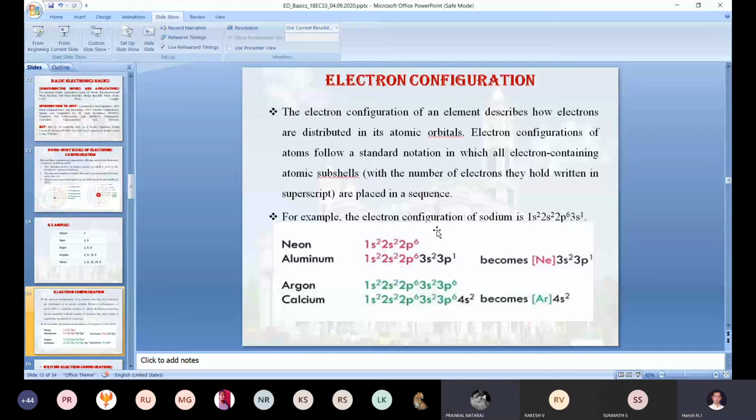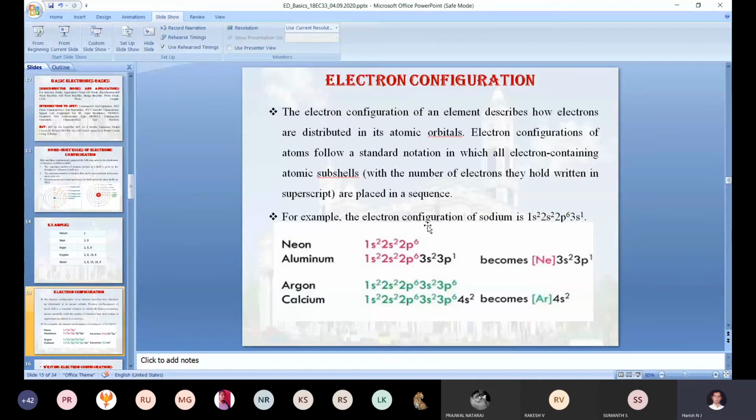1s2, 2s2, 2p5, 3s2. No, sir. I am going to write. Why is it not correct? Why is it wrong? Because the p shell is not filled completely. Exactly, because the p subshell is not completely filled. Once the p subshell is filled, then only you can go for the higher subshells.